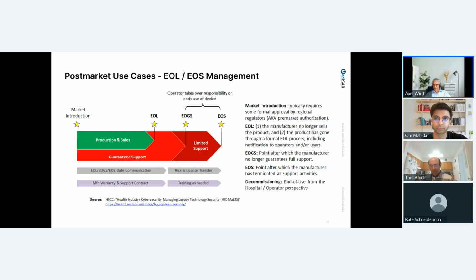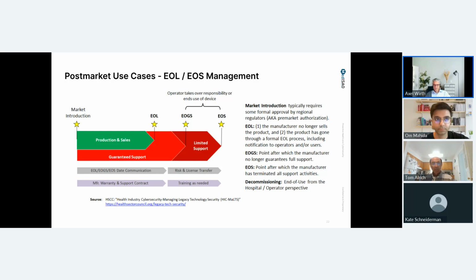Last point here, unfortunately, with cybersecurity becoming one of the main considerations here, we also got an issue that the software end of life and end of support may happen at a different time than the physical device's end of life and end of support, right? So I may still be able to buy spare parts, but I may not be able to